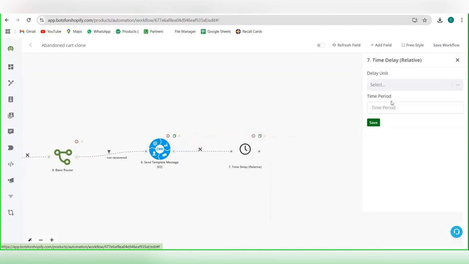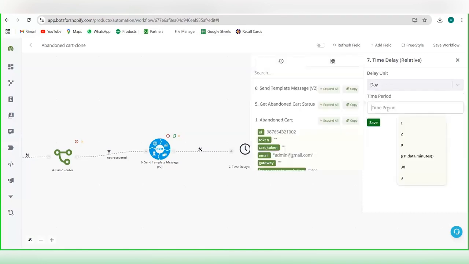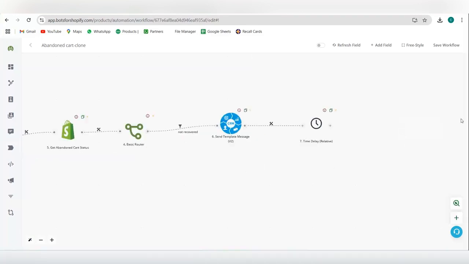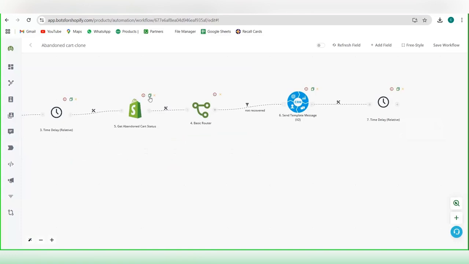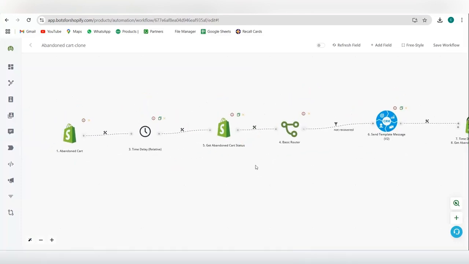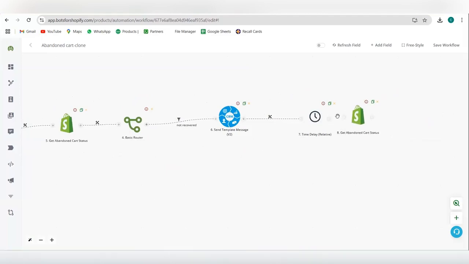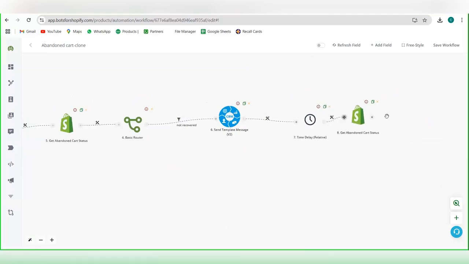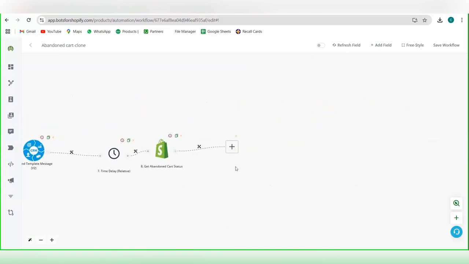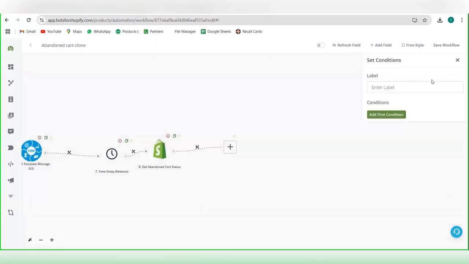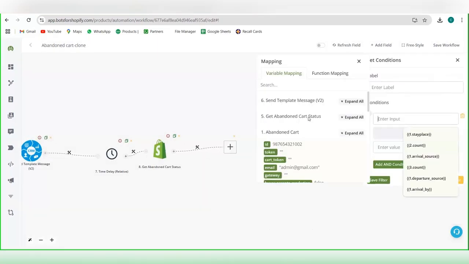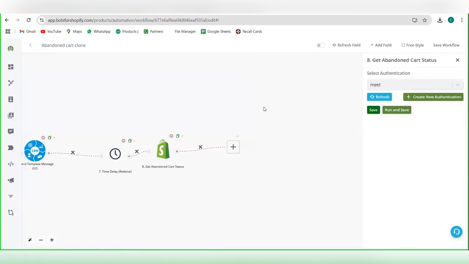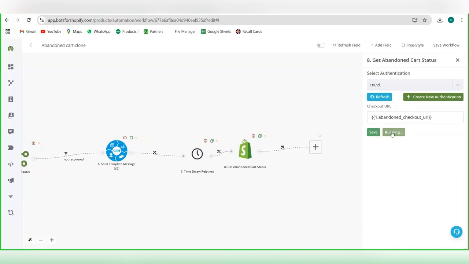For a fixed time delay, we'll select the days and after two, and again we'll get the abandoned cart status and check if the URL has not been recovered. In the further router, the filter will check for the second abandoned cart status, not for the first. So once I run and save this URL